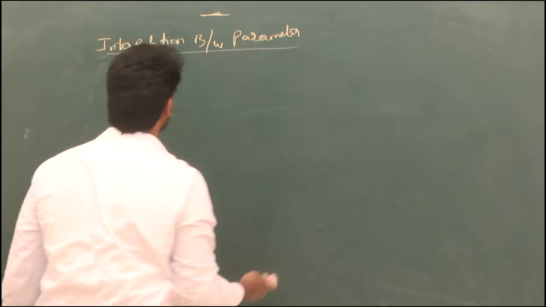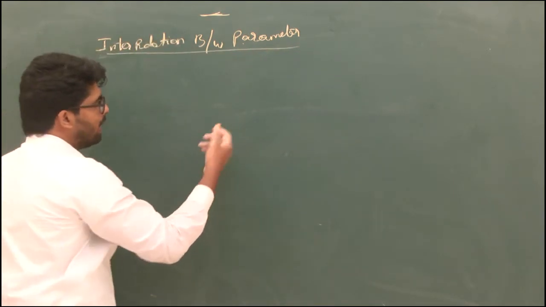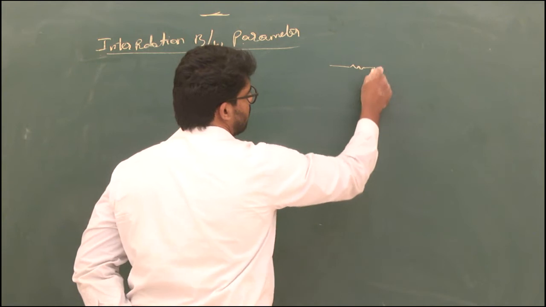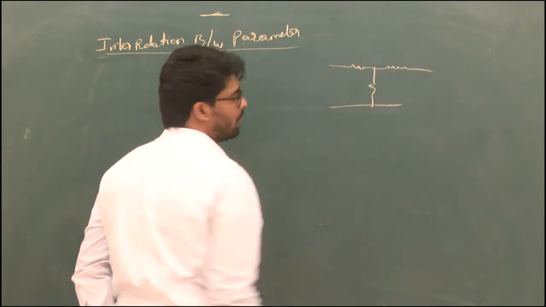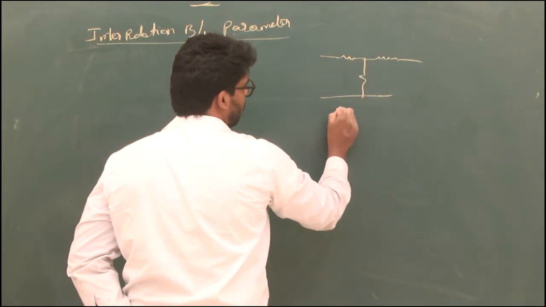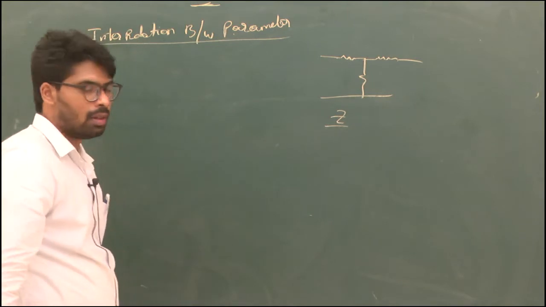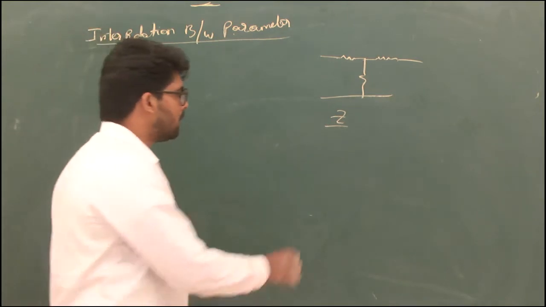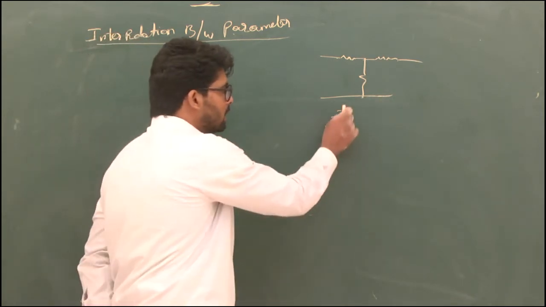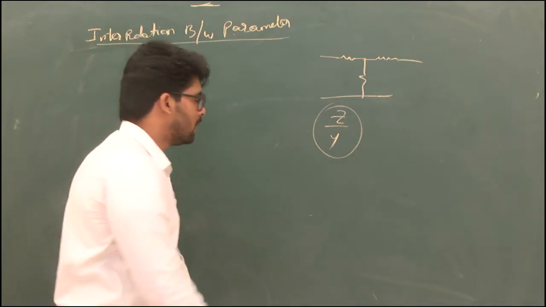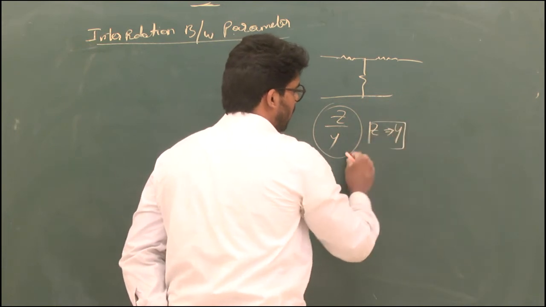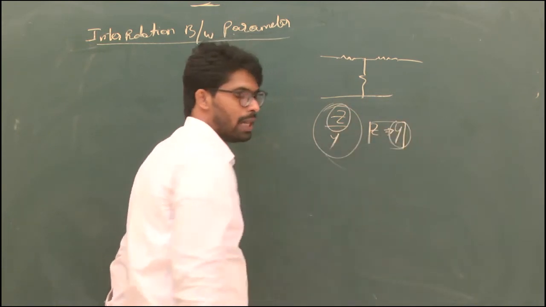What is this topic in general? Why is this topic built up? For example, this is a small T circuit. I always take a T circuit because I love it. For this T circuit you find Z parameters. If someone immediately asks you to find Y parameters, you don't have to do all of that again. There is an interrelationship between Z parameters and Y parameters, that is, representing Z parameters in the form of Y parameters. Then if you get Z parameters, you can get Y parameters directly.